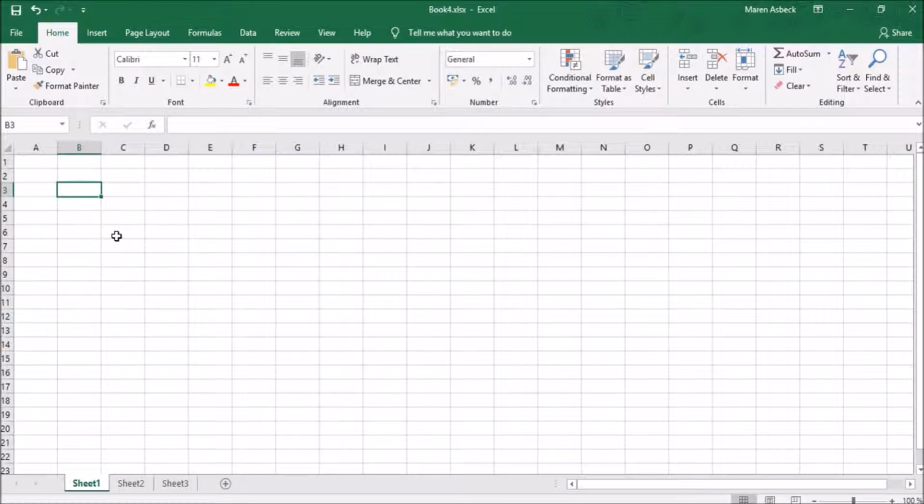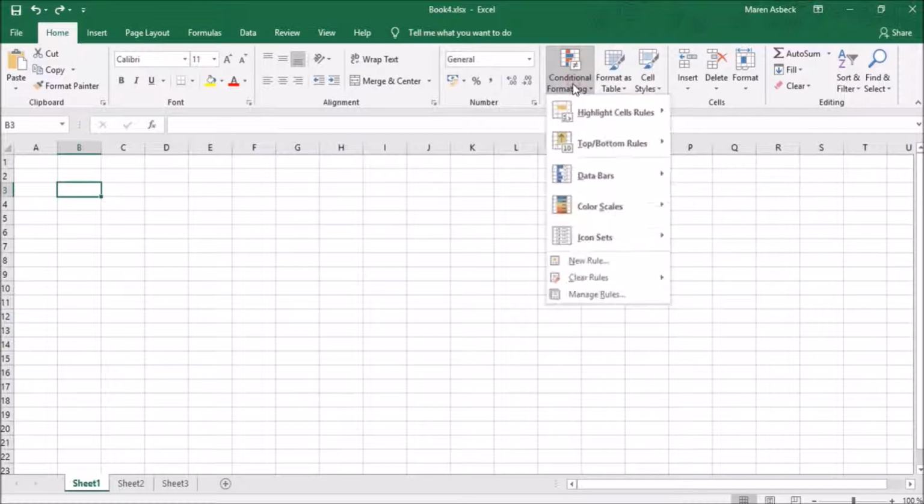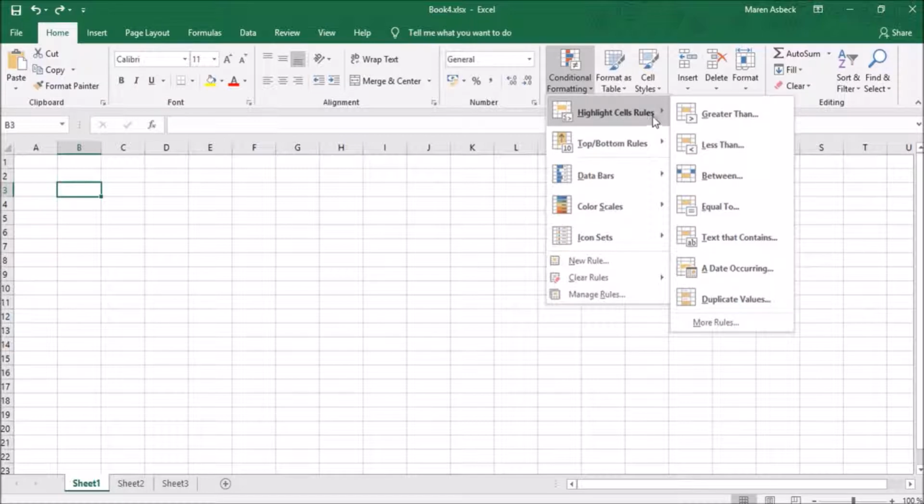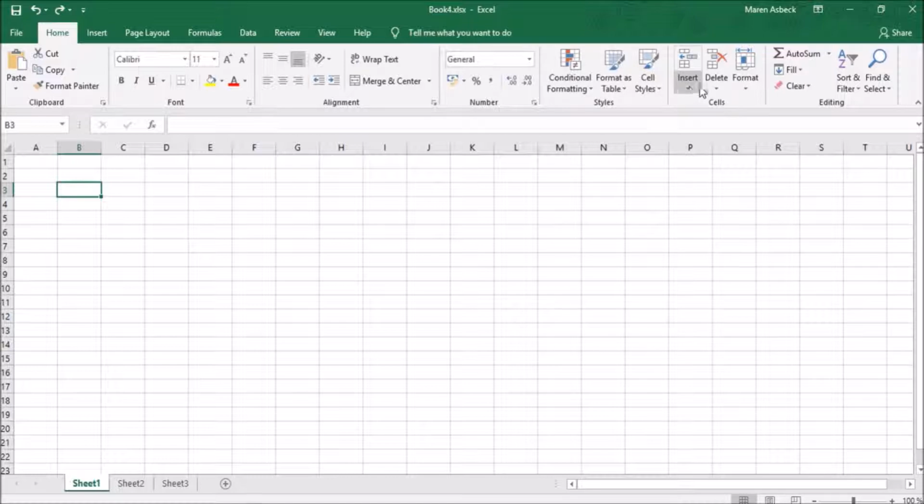Like in the other Office programs, we have a ribbon menu structure. First of all, we have the Home tab, where we can find the functions we probably need the most while working with Excel. We have copy and paste right here. We have the font group, where we can design our font, the alignment group, and numbers, where we can put currencies or commas or percentages. We also have the styles group, where we could format our cells. For example, we could highlight cells that are filled with numbers that are greater than 5 or something. Also, you could insert and delete cells, and here you also have an editing group.